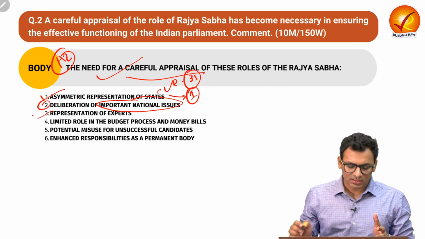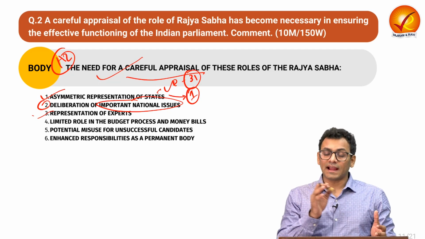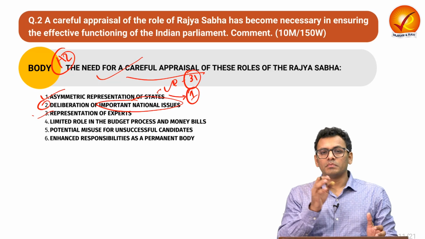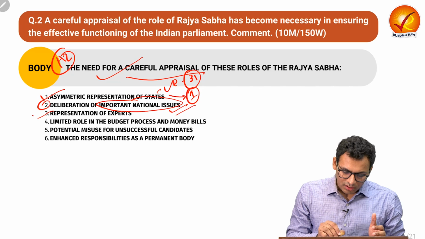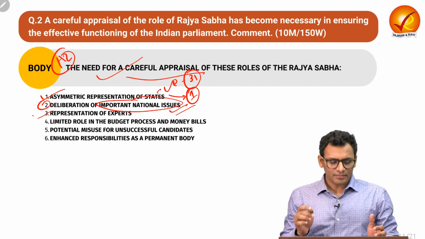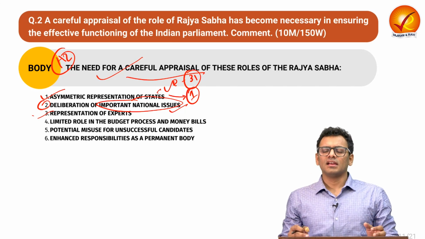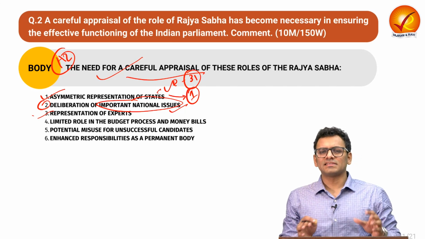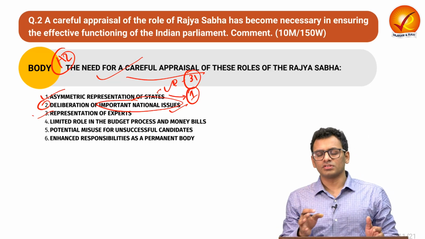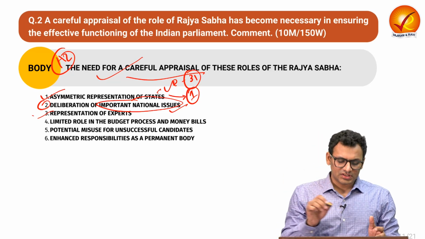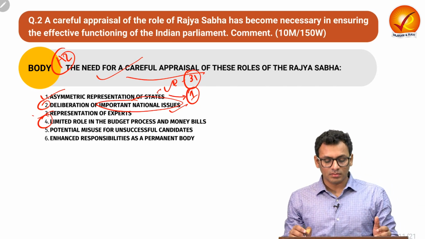We have also seen the representation of experts, where they again have issues with respect to active participation. According to PRS research, we have seen in the 16th Rajya Sabha that only 2% of the debates are participated in by the nominated expert members. That again reflects the limitation of Rajya Sabha. Then we have seen how Rajya Sabha plays a limited role in the budget process and